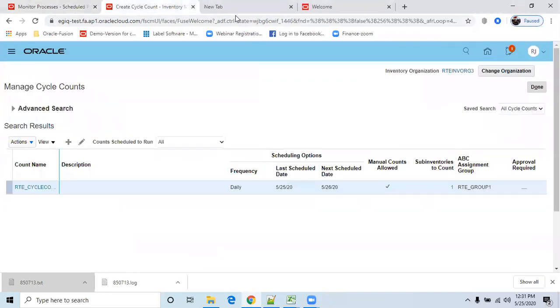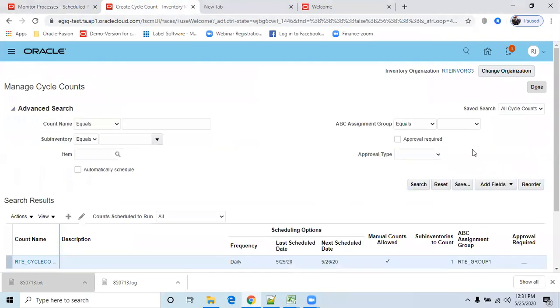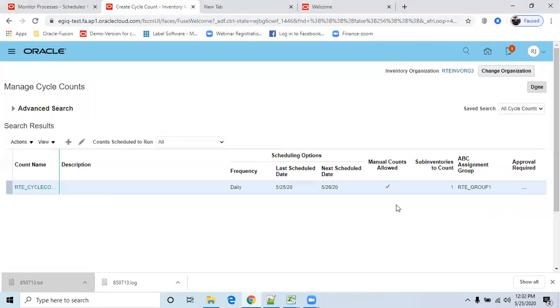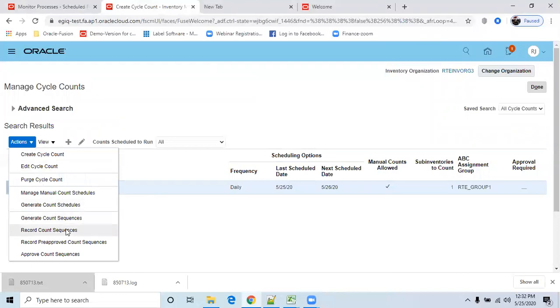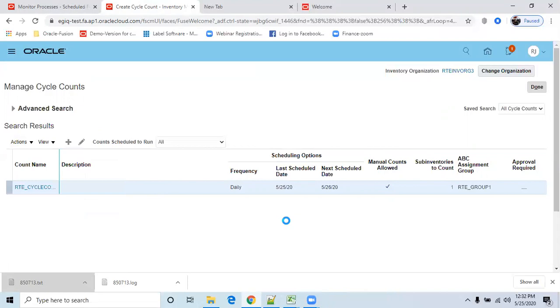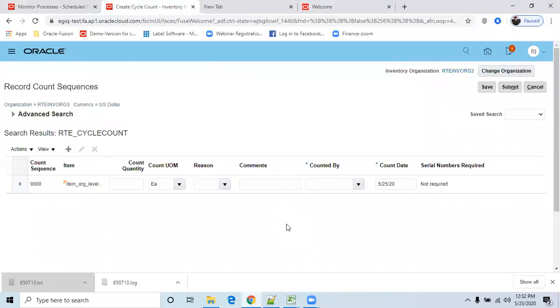Let me see. Now once the sequence has been completed, just go and record the count sequence. Record the count sequence. Okay.